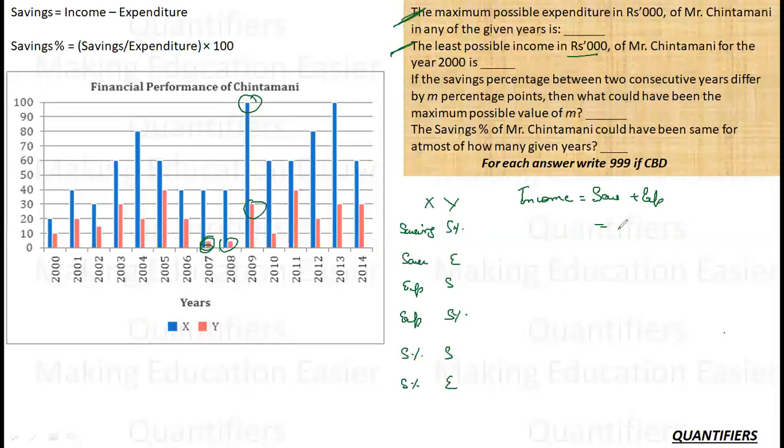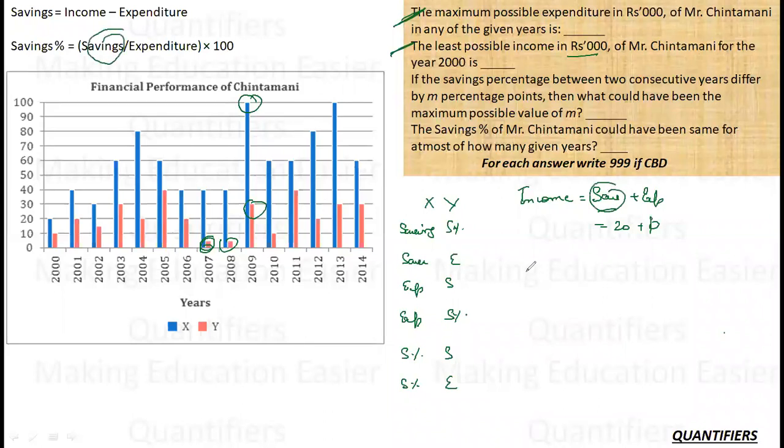So in that case, it will be 20 plus 10, 30. Okay. Other way around, I can keep it as a percentage. I can also use saving percentage. So first of all, let us see that in terms of saving percentage, what is the formula? Okay, because that is the easiest thing to do. So how do you define savings?